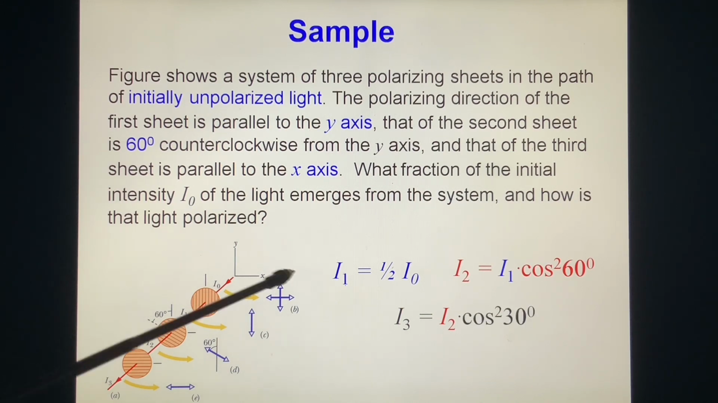Okay. And then we put it together. We find I3 is about 9.4% of the original, which is almost nothing. Only